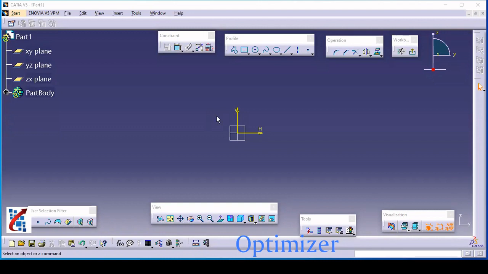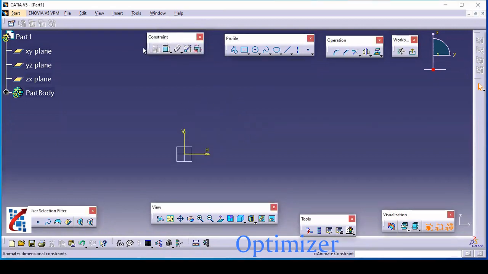Okay, so welcome back to the Sketcher playlist. In that we have seen the profile toolbar and the operation toolbar. If you have missed those, just go back to these videos and you can see all these commands. Now we are dealing with this. In this video, we are going to deal with this constraint toolbar. In that, the first four toolbars are very important, so let us see them one by one.